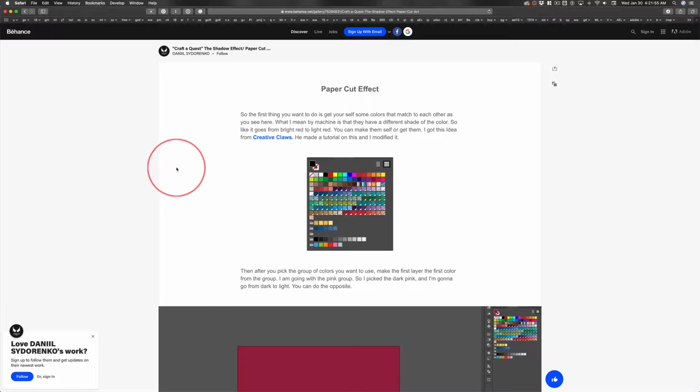We have our first quest crafter. Daniel has gone ahead and made a tutorial that's based upon something he learned. He gives credit to the source, which is what I want you to do, and he modified this tutorial. He didn't just reproduce it, and that's the point. Now, the one suggestion I'd make to Daniel is number your steps so that when someone has a question, they